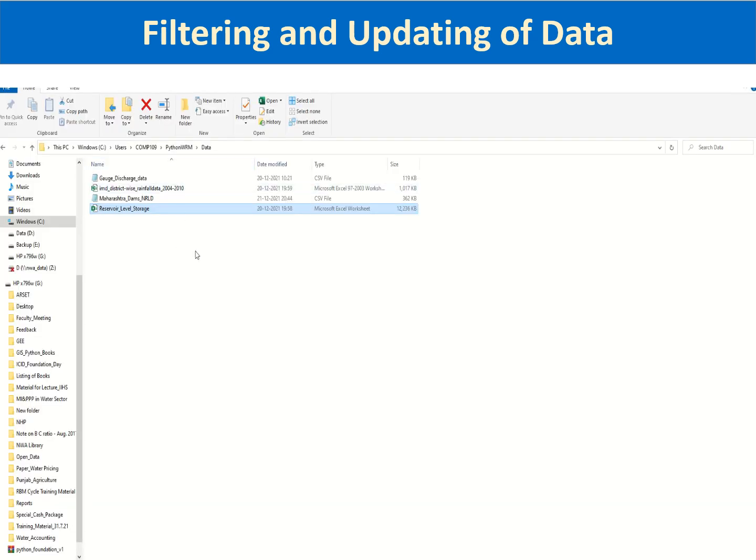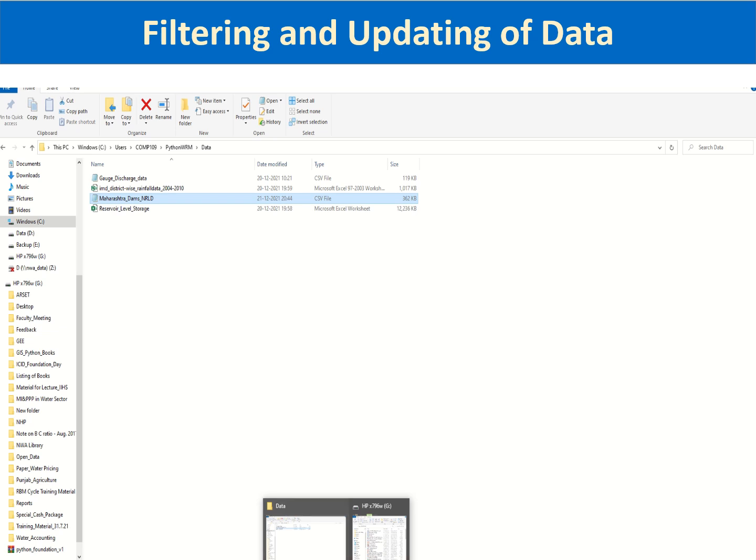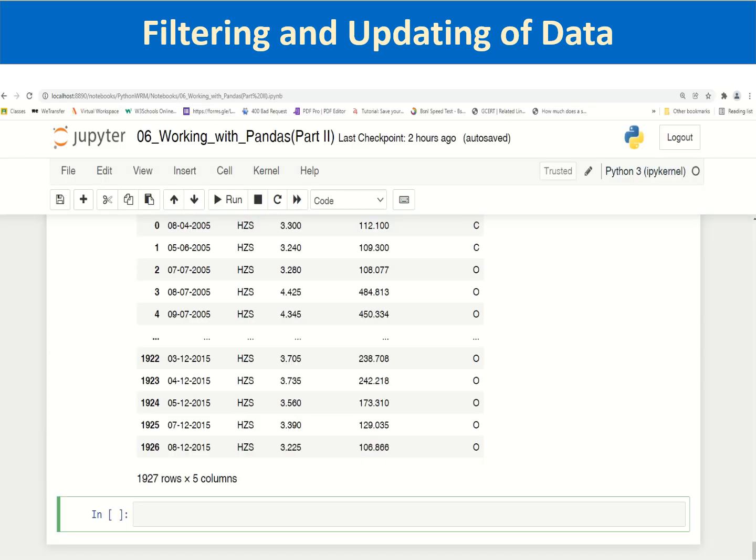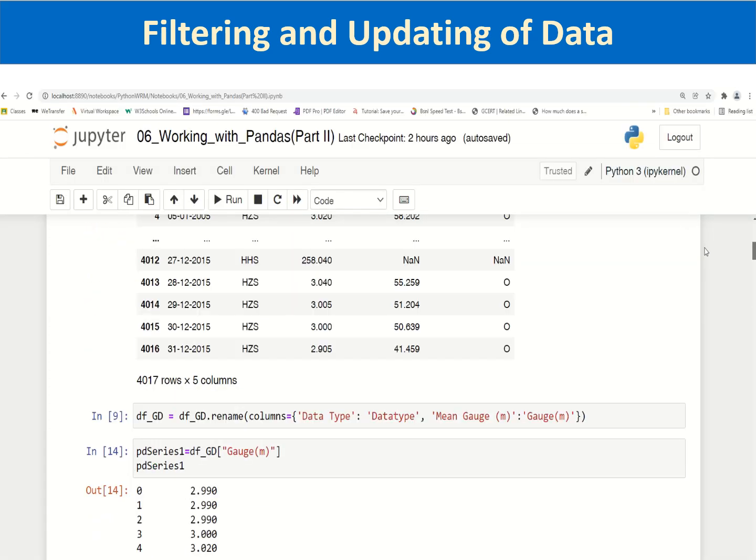These are all the data which we have. Till now we were working with gauge discharge data. Let us open this Maharashtra dams NRLD, the register of large dams from the state of Maharashtra. The NRLD document is prepared by the Central Water Commission, and we have selected only those large dams from NRLD which are located in the state of Maharashtra,